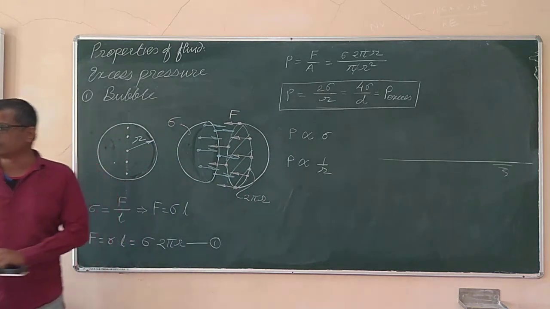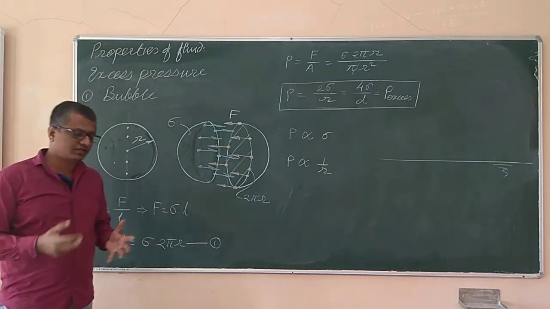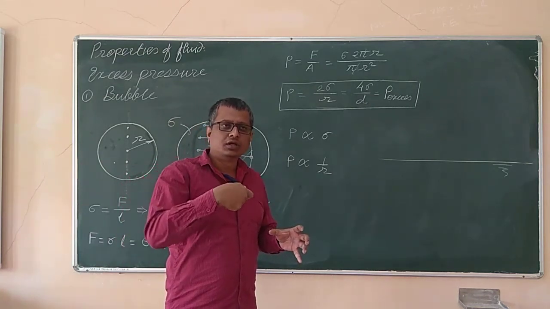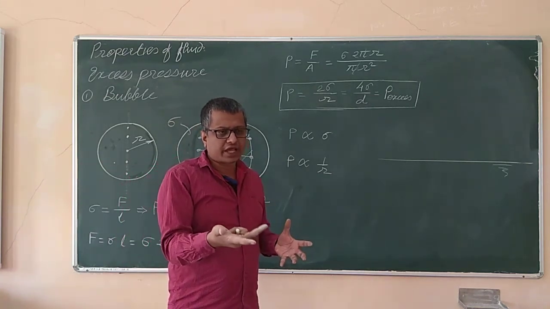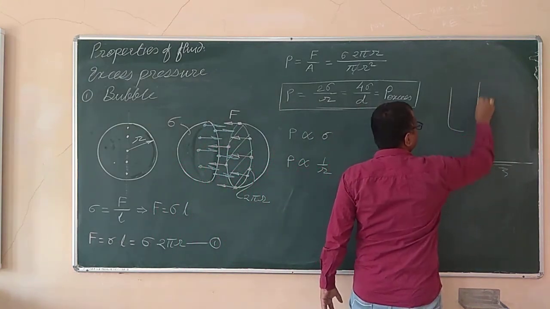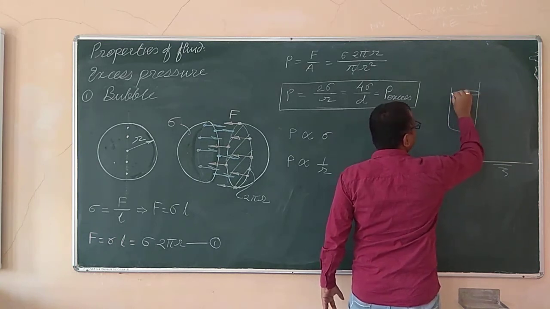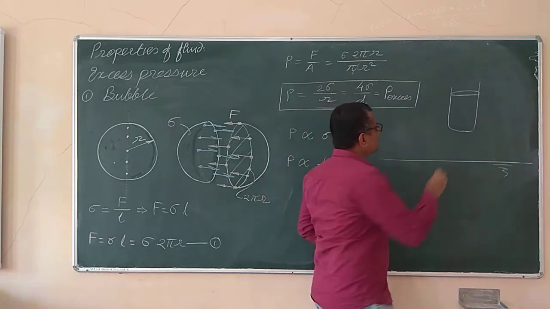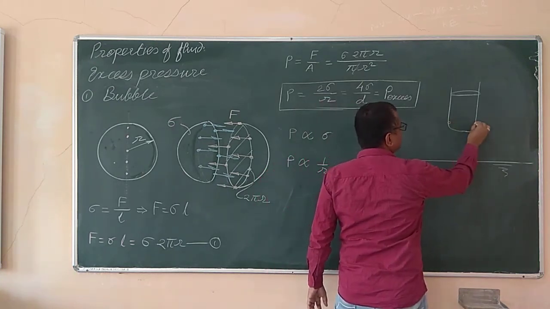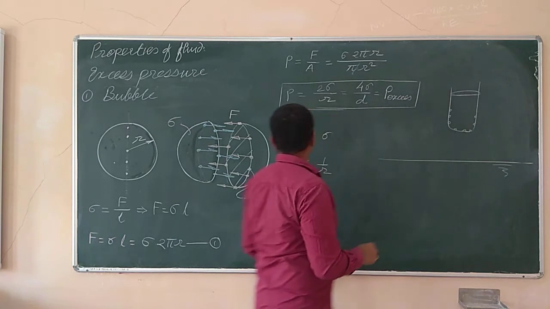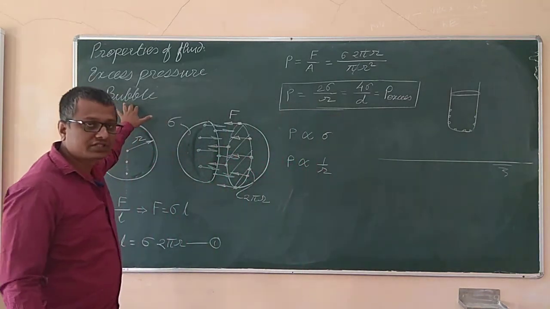If you take some cold drink and pour it into the glass from the bottle, after a few seconds you will find in the glass, this is the glass, this is the level of liquid inside it, and that too the chilled one, some droplets formed in contact with the solid surface, even at the bottom surface. So we are talking about that kind of bubble. These are the air bubbles.